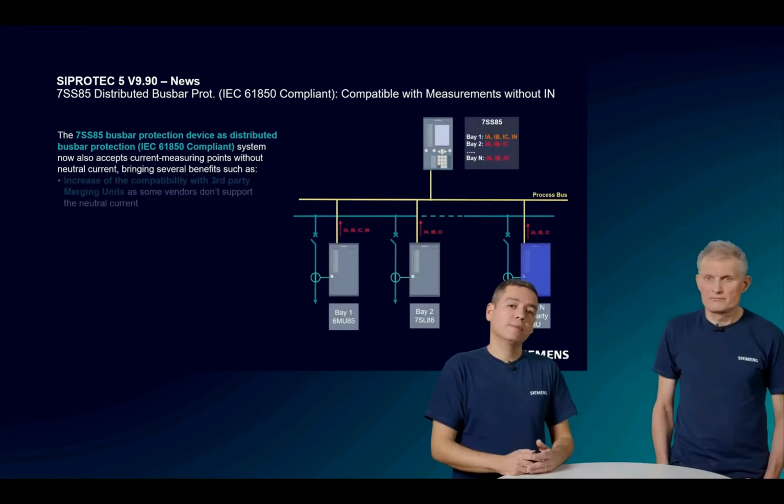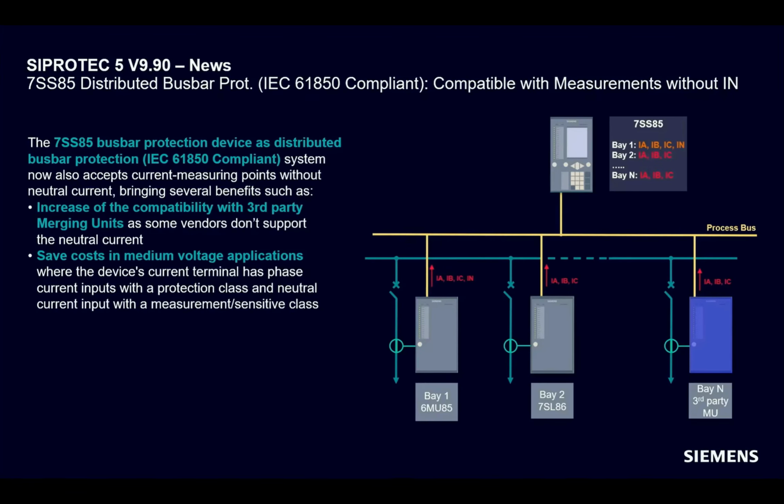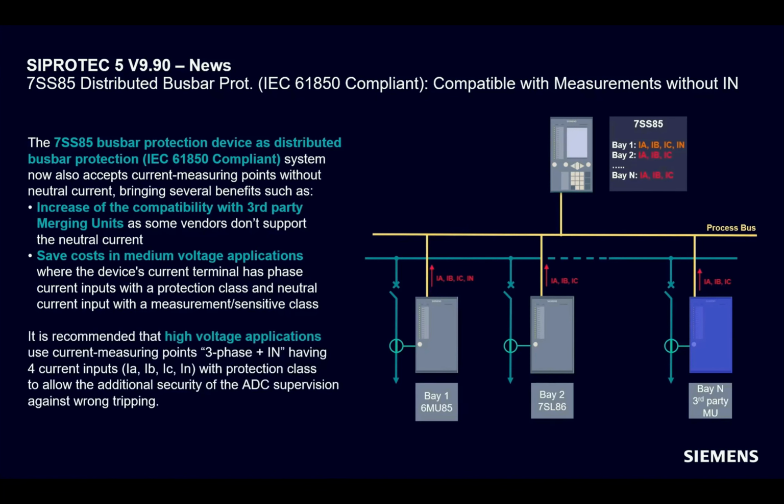So, talking about 7SS85 distributed busbar protection, IEC 61850 compliant, now compatible with measurements without the neutral current. The 7SS85 busbar protection device as a distributed busbar protection IEC 61850 compliant system now also accepts current measuring points without the neutral current. This brings several benefits, such as increased compatibility with third-party merging units, as some other vendors don't